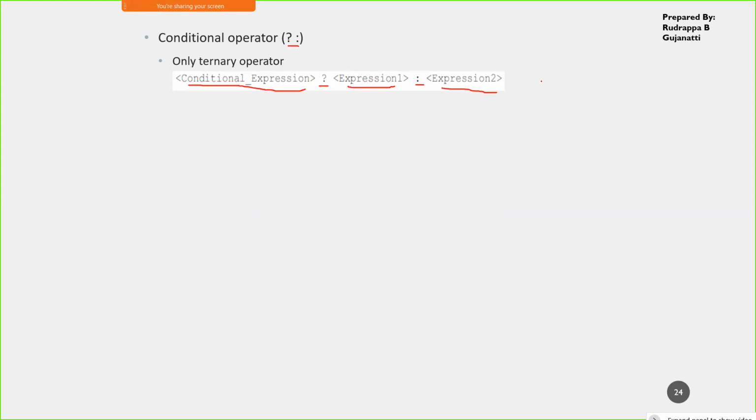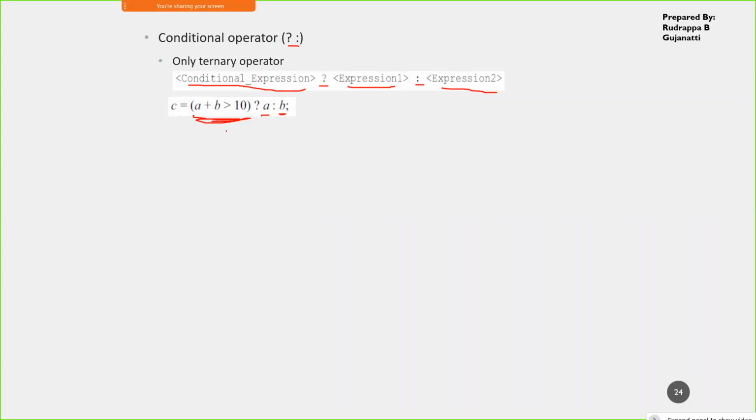Now, how does this operate? Let us look through an example. Here you can see that you have a conditional expression, and after this conditional expression you have a question mark, and then an expression which has only a variable a, and a colon, then another expression.